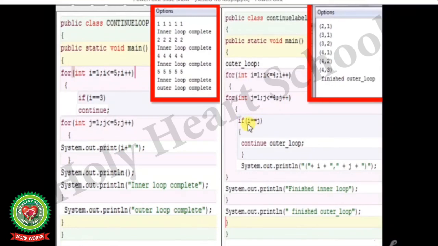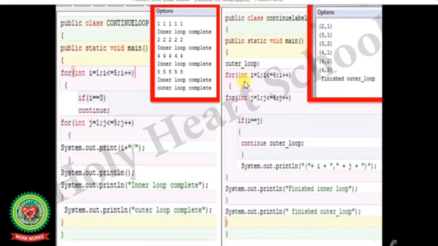Now there is a condition: if i is equal to j, then continue outer loop, means when i and j both are equal, the cursor will move to the label, that is outer loop, and it will not print the value of i and j.